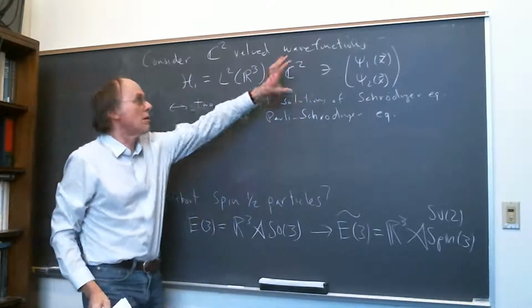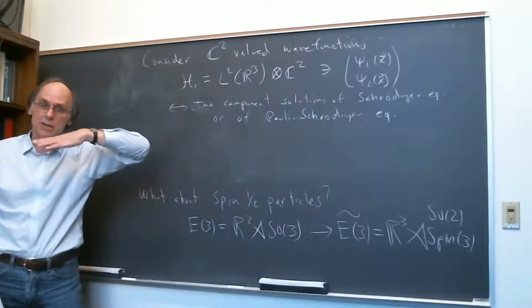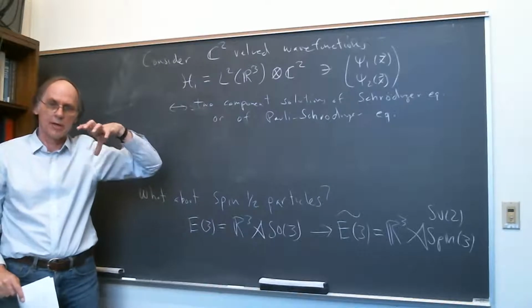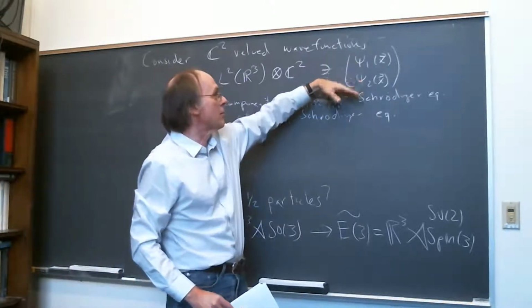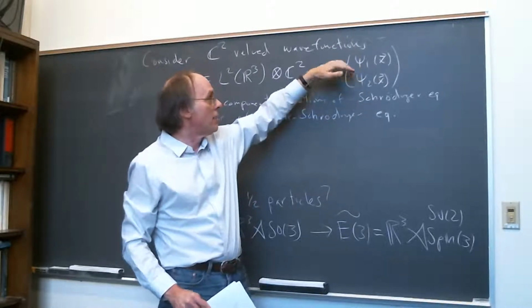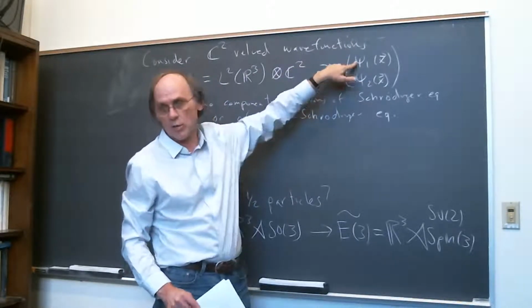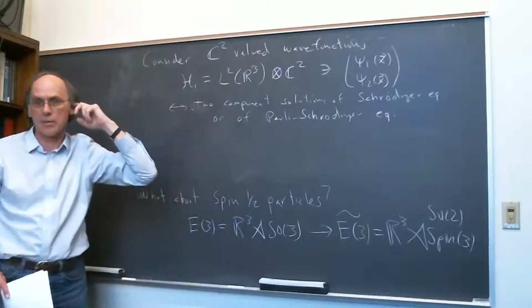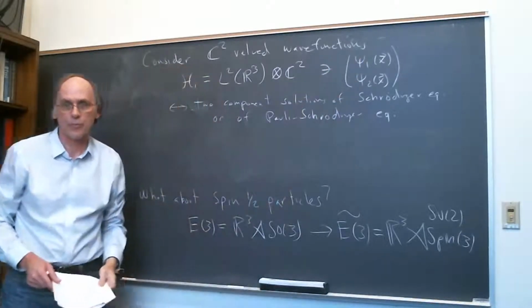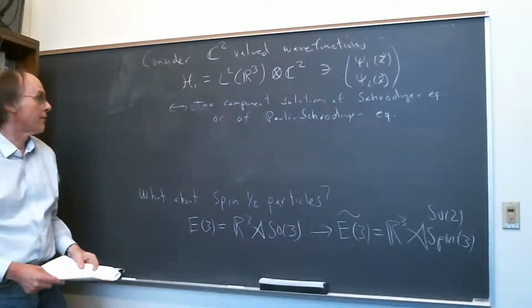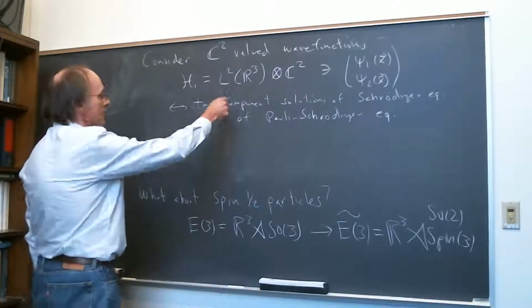But as long as you don't couple the spin half particle to electromagnetism or anything, you're not going to actually see it. It really just is the same. There's no operator in the Hamiltonian mixing psi 1 and psi 2. So it's really just two copies of the standard free particle theory. So the only thing that's different is that the